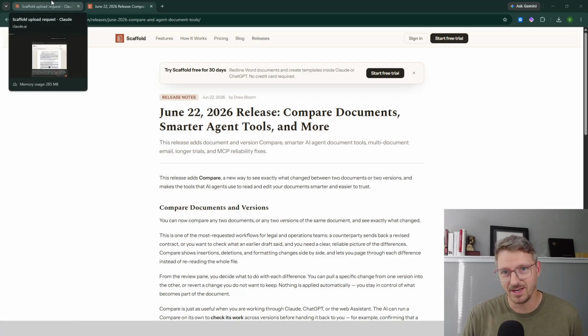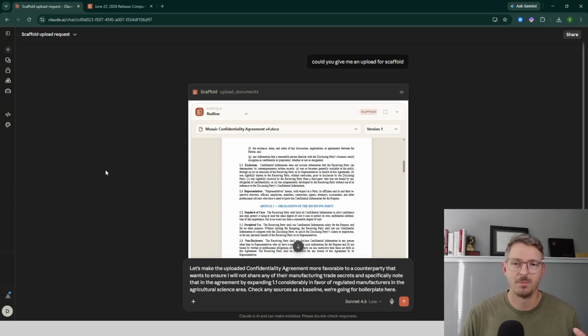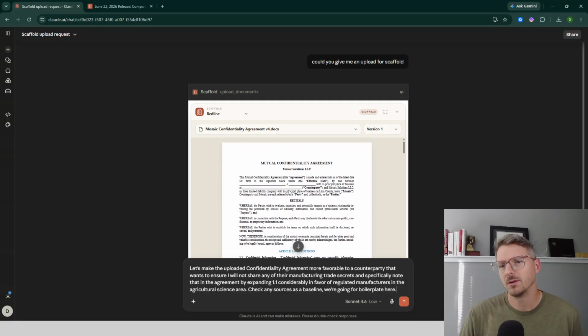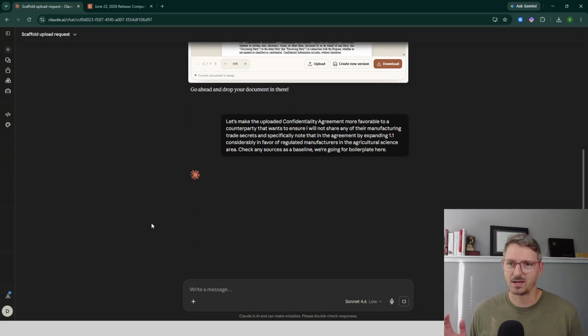So let's jump in and see what we can do. We're going to build from a redline first, and then we'll do a comparison of the new version. So I just asked Scaffold to let me upload a new document. I threw in this confidentiality agreement, and it jumps me to the view. Now, I just go ahead and say I want to make, let's say, a couple changes here, make it more defensible for somebody in manufacturing, and it's going to download the tools from Scaffold and start working on a redline